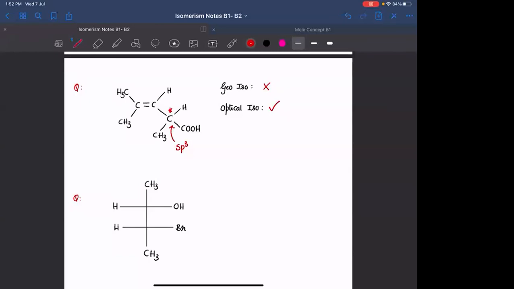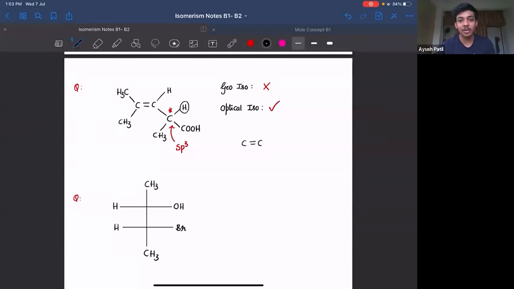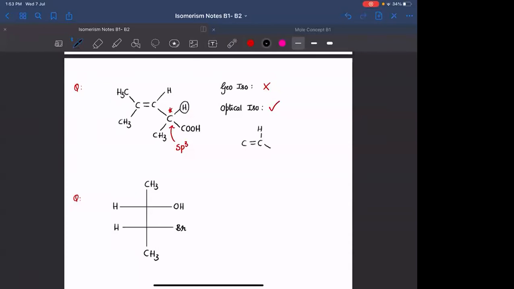If you are thinking of tautomerism, this is an sp3 hybridized carbon with a hydrogen atom on it. If you remove that hydrogen atom and form an OH here, are you thinking of something like that, Ayush? No, I only thought that it is an alpha H on an sp3 hybridized atom. No, you also have to think of something more. If you are forming a double bond, this particular oxygen will convert into OH. So what did we do? We removed the hydrogen, formed a double bond here, and converted that oxygen into OH.